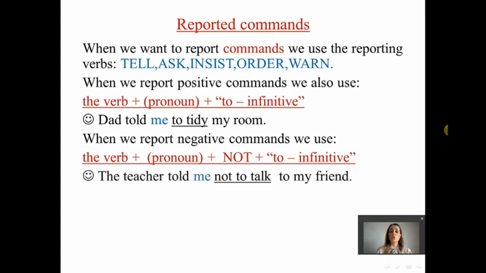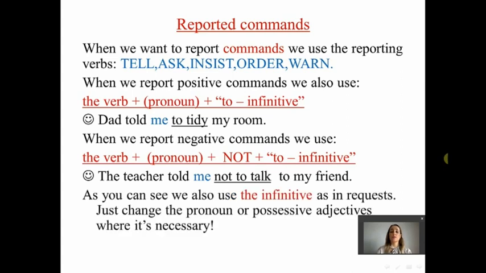The teacher told me not to talk to my friend. As you can see, we also use the infinitive as in requests. Just change the pronoun or possessive adjectives where it's necessary.